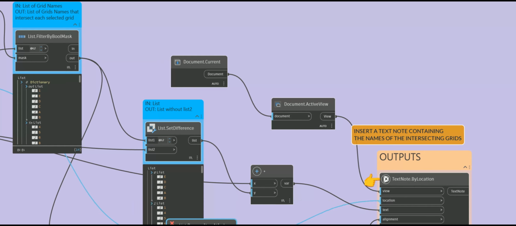Document.Current and Document.ActiveView are fetched to place text annotations in the correct Revit view. Finally, TextNote.ByLocation places a note at each intersection point. It takes as inputs the corresponding grid names after string manipulation, the current view context, a given text note type and font size,